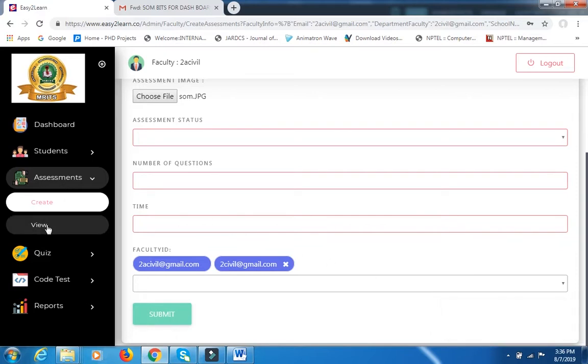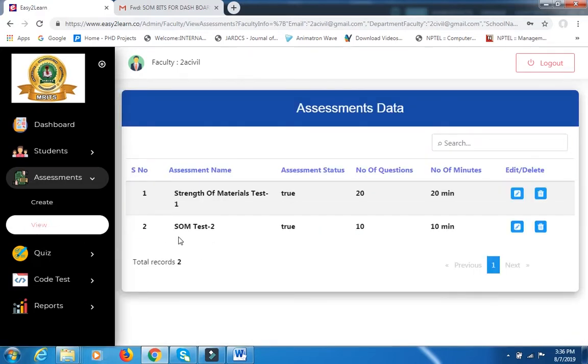If you made some mistake here, if you want to change the number of questions, or the time, you can go to the view and have a look here. SOM test 2 is created, assessment status true and so on. If you want to make this status false, what you can do is select this option,